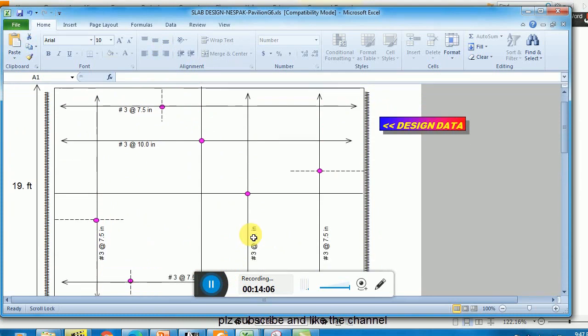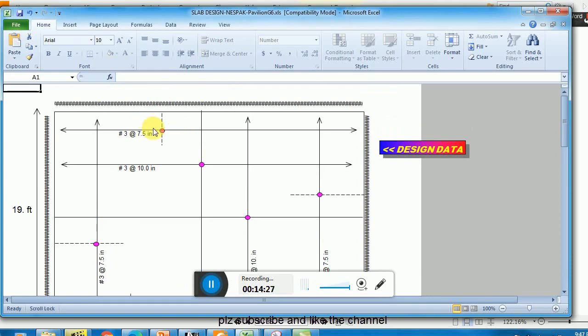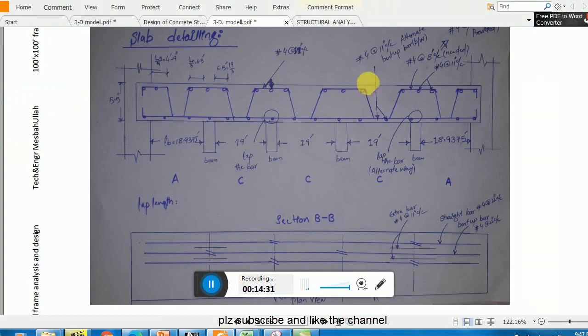Clear? And remember one thing, you see the positive reinforcement number 3 at the rate of 10 inches. This is also important, that when all the edges of the beam of this panel are supported or continuous, you see there will be a lesser amount of moment present in the middle, in the positive moment region, but larger moment on the supports. So that's why we have to